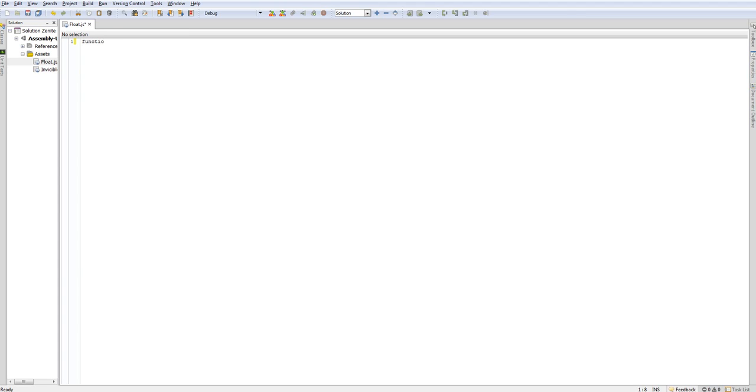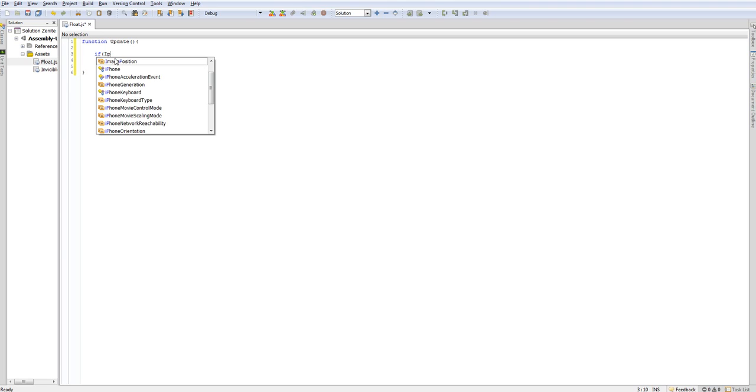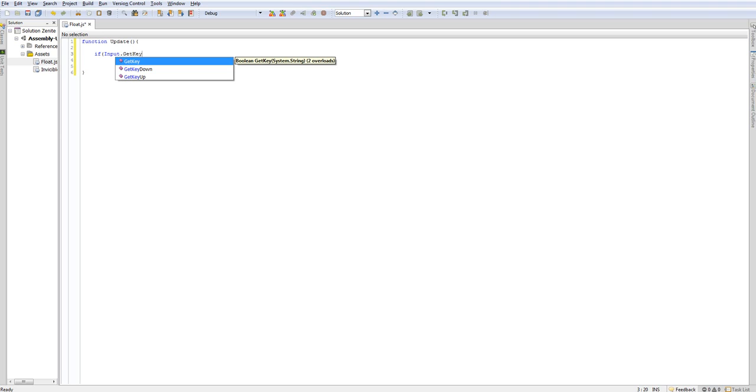Function Update, open and close parentheses, squiggly bracket, open and close. You already know that, hopefully. Another if statement. Input. I just cannot type input. I'm so sorry for this. Input dot get key down. Then what key will be space,